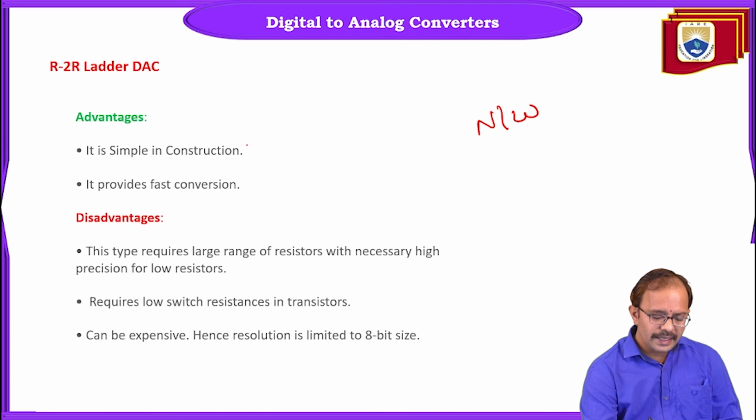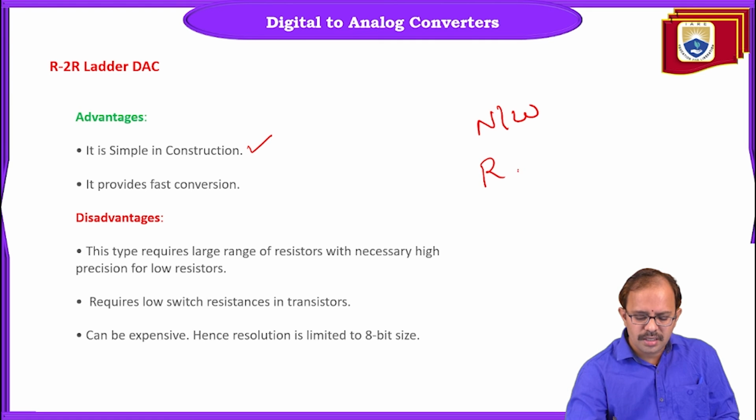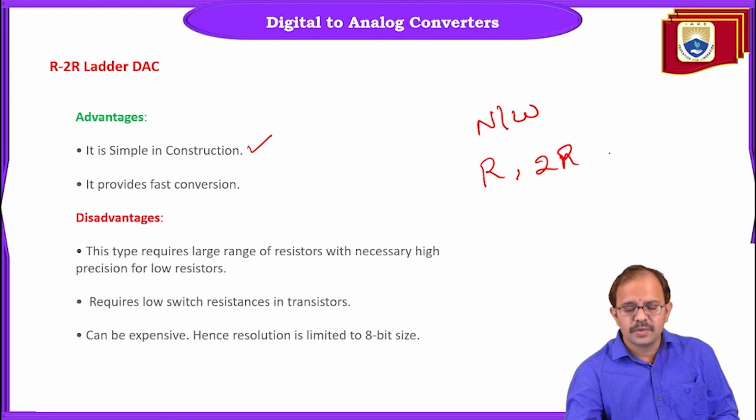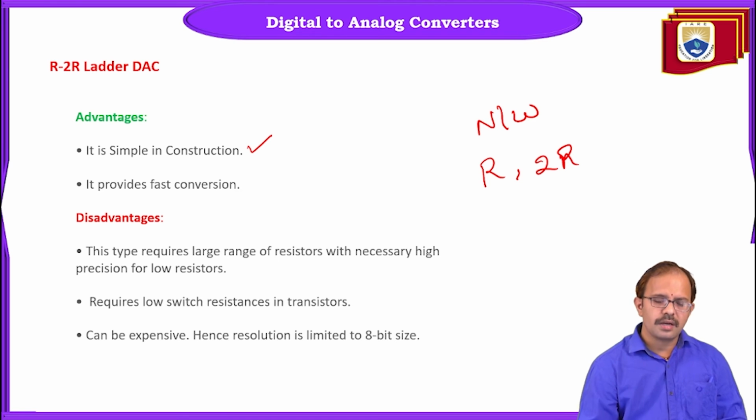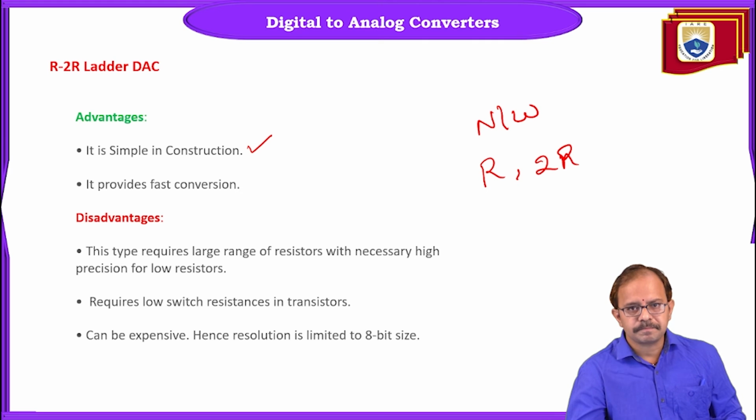Whereas here it is simple in construction, because I need only 2 types of resistors. What are they? We are going to use R, and another resistance value is going to be 2R. There is no third type of resistor here. So comparative to the previous weighted resistor network, this is very simple in